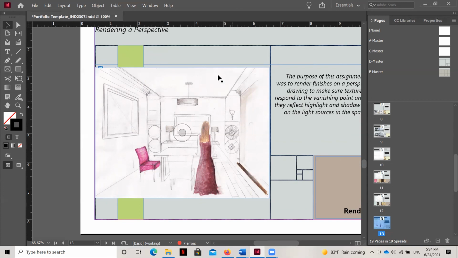For right now, though, the most important thing is to make sure that we know how to insert images. We know how to modify their size by scaling them up and down while maintaining the correct ratio. We know how to crop by adjusting any of the grips, and we can add basic effects to images if we want to.